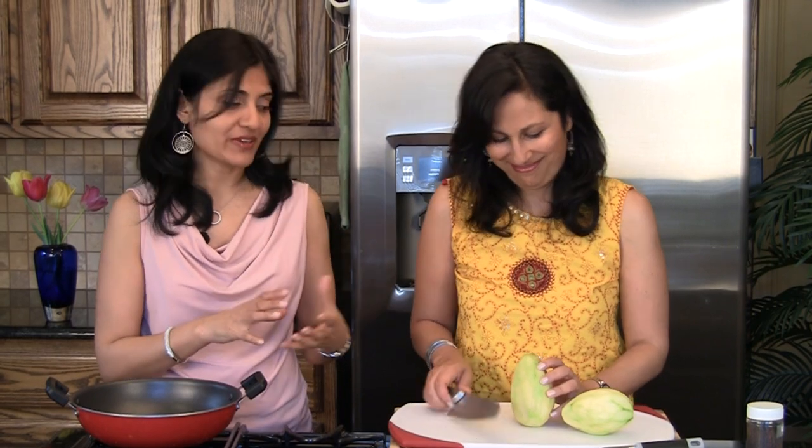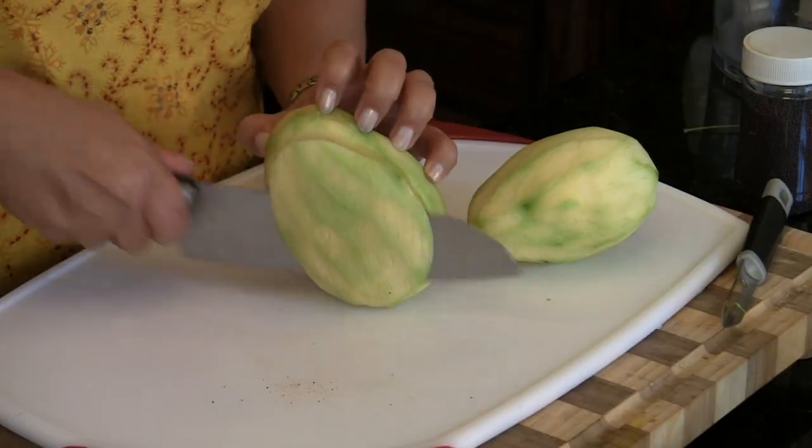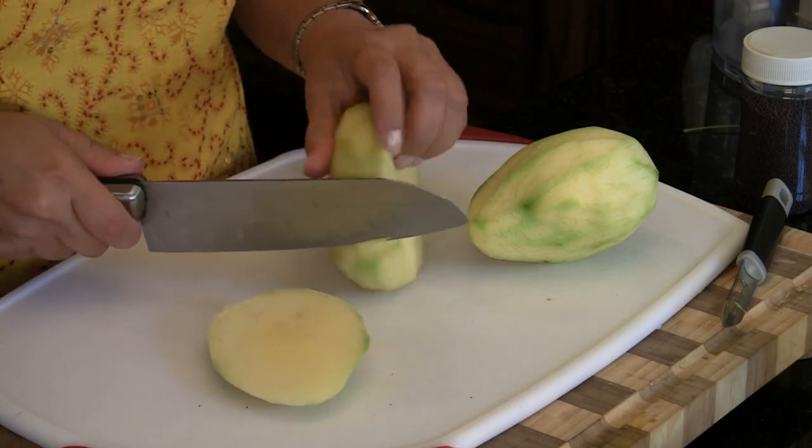So there's one of 2 ways that we can deal with this raw mango. You can either take a nice big shredder and just shred it, and that takes a little bit of effort, or you can just cut off all the pulp of it and use a food processor, and that's what we're doing. So what we're going to do is just cut off the edges, because there's a big pit inside,